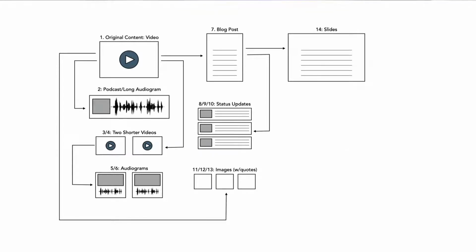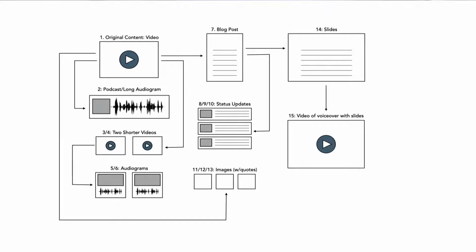The next piece is that you could actually take the blog post, you could take some of the images from the video, you could even, in this case, I have a graphic here, and you could turn the whole conversation, this whole piece of content into a slide deck to actually step out everything that you're saying piece by piece by piece. So your blog post then becomes slides. So now we're at 15 pieces of content from one live video,